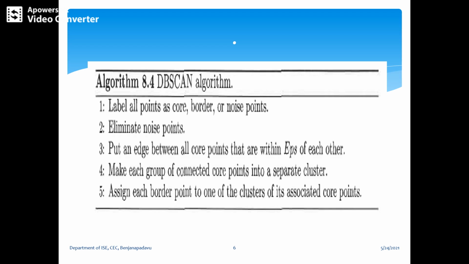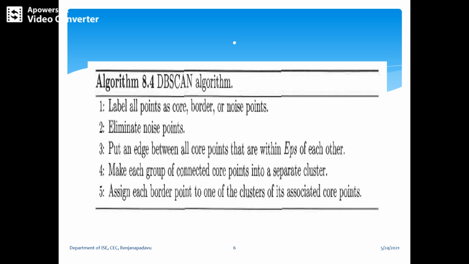Next, as per this algorithm, eliminate noise points as much as possible. Third step, put an edge between all the core points that are within the EPS of each other. The next step is to make each group of connected core points into a separate cluster. We connect each group of core points and make a separate cluster.